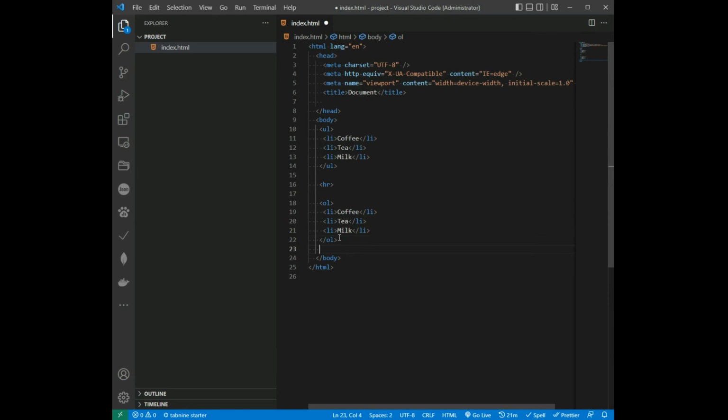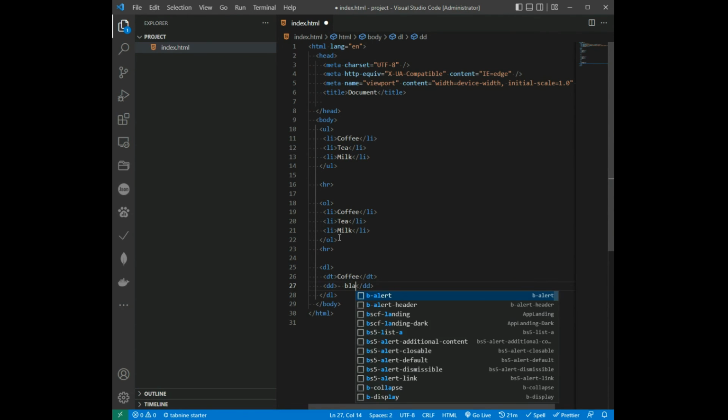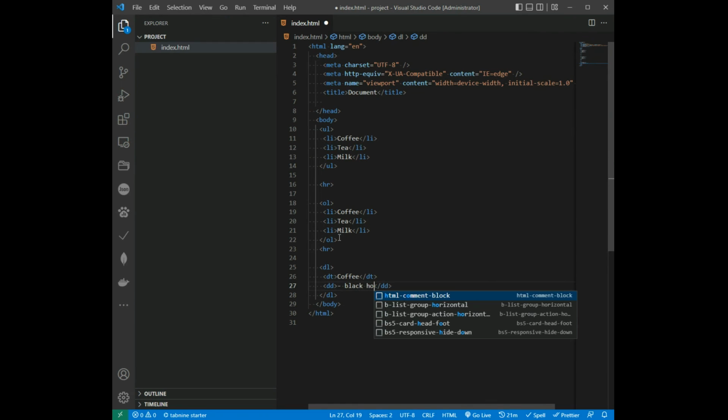So, HR tag and DL tag, DT for the term coffee and DD for description, black hot drink,